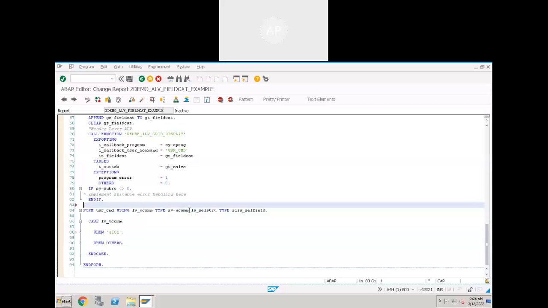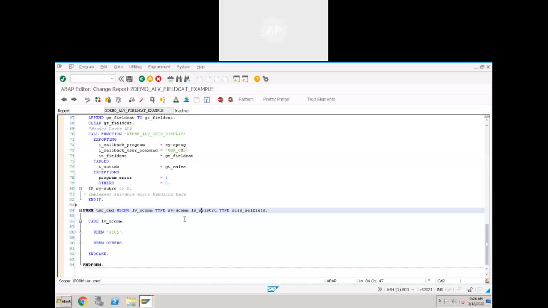And in the structure, what are we getting? That particular record's details. What is the index of that record? What is the position of that record? Is it the third record, or the fourth or fifth? We are going to get that number. And what is the field that the user clicked on? We have added a hotspot, right? Is it VBLN, or POSNR, or material, or customer? We are going to get the field name and the value of the field the user clicked on.